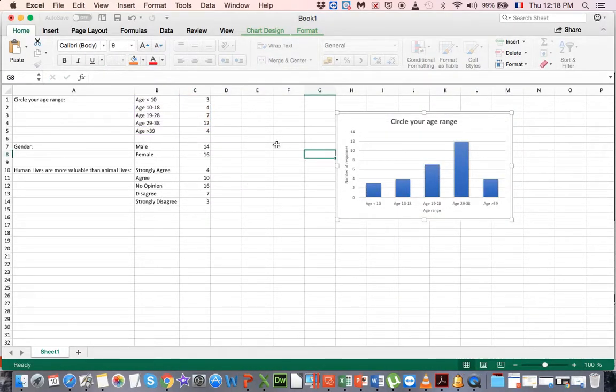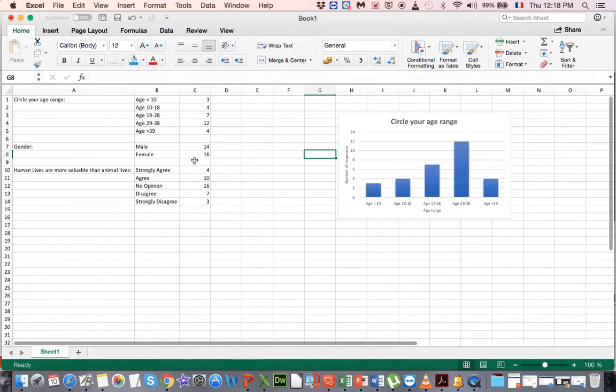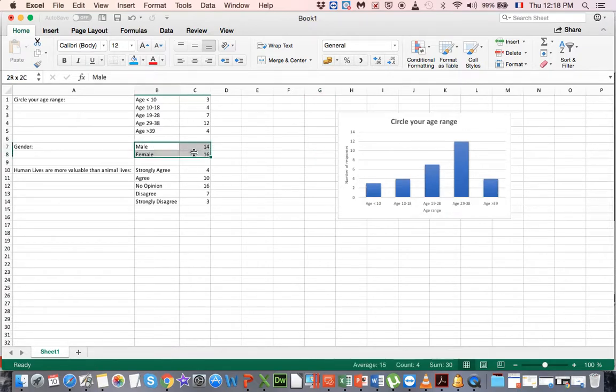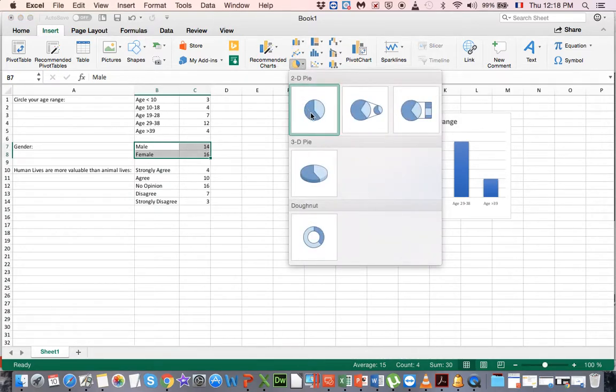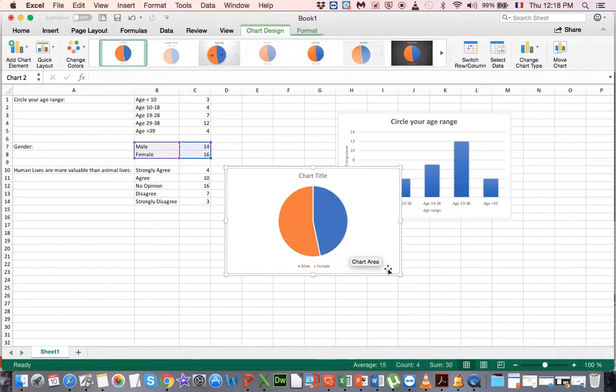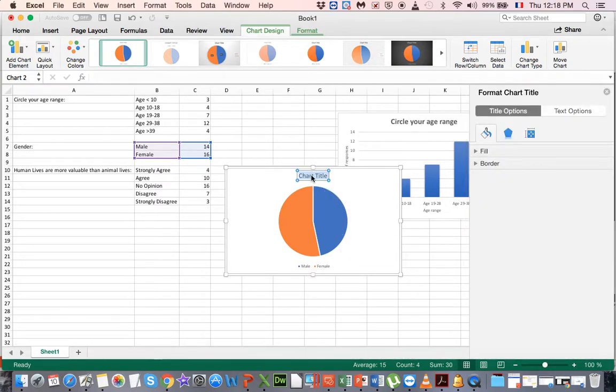Let's move on to a different chart. So let's do the gender, male, female. If I select these ones here, I can go to insert again and I can choose a different type of chart if I wish. I could choose a pie chart, for example. And this one here, as you can see, provides a legend. Okay, and the legend is like the key. And I can rename my chart title